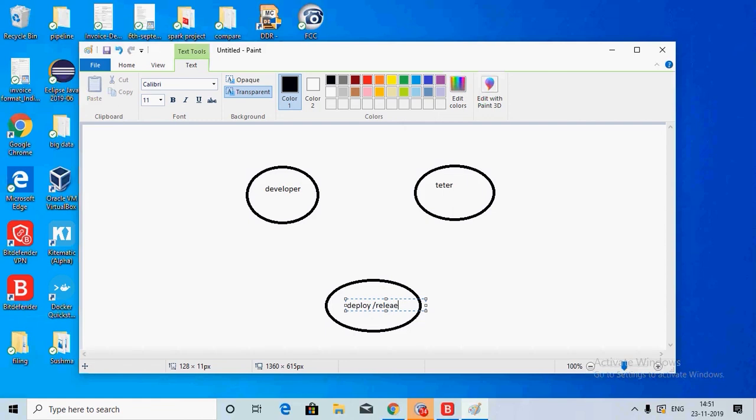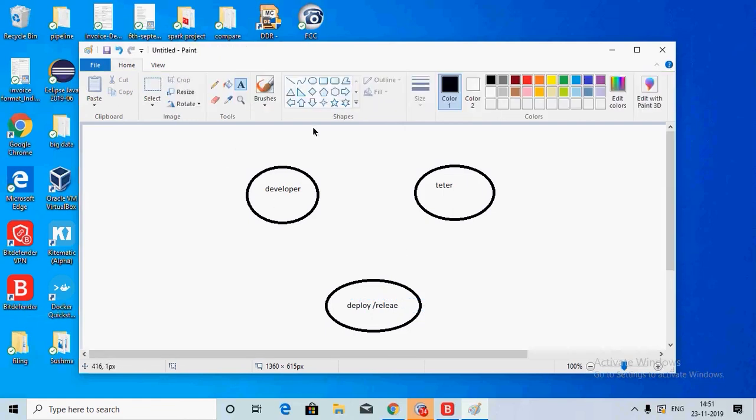When you have such people, they all need to collaborate with each other, right? If they want to collaborate, you need the right kind of tools.